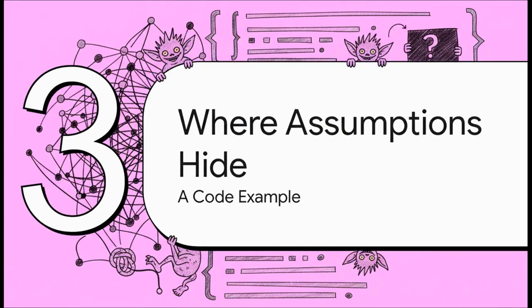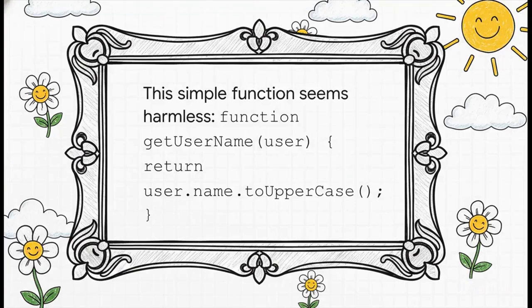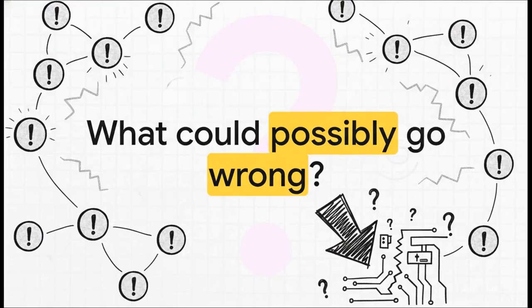All right, so where are these little gremlins hiding in our code? Let's go on a hunt and look at a really concrete example. Take a look at this. A simple one-line JavaScript function. All it does is take a user object and return their name in all caps. Seems totally harmless, right? I mean, come on, you've probably written code that looks almost exactly like this 100 times. I mean, seriously, look at it. What could possibly go wrong here?